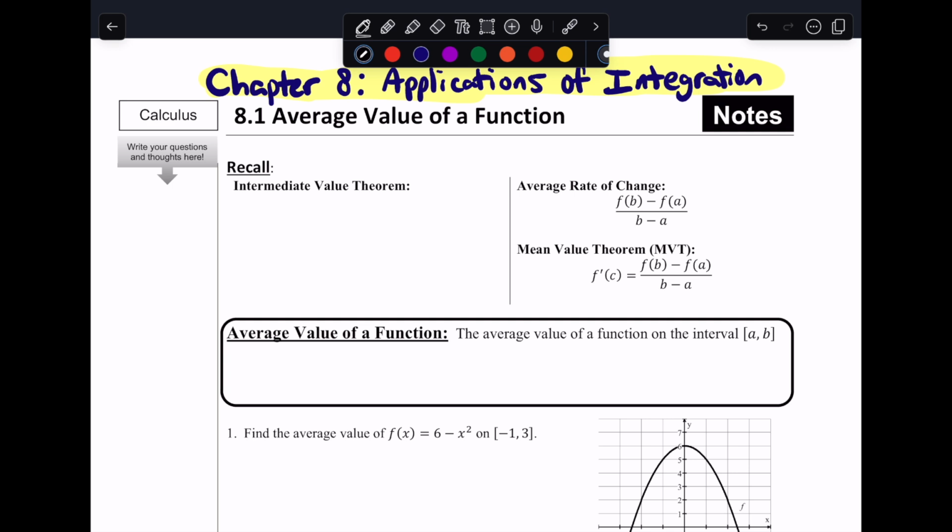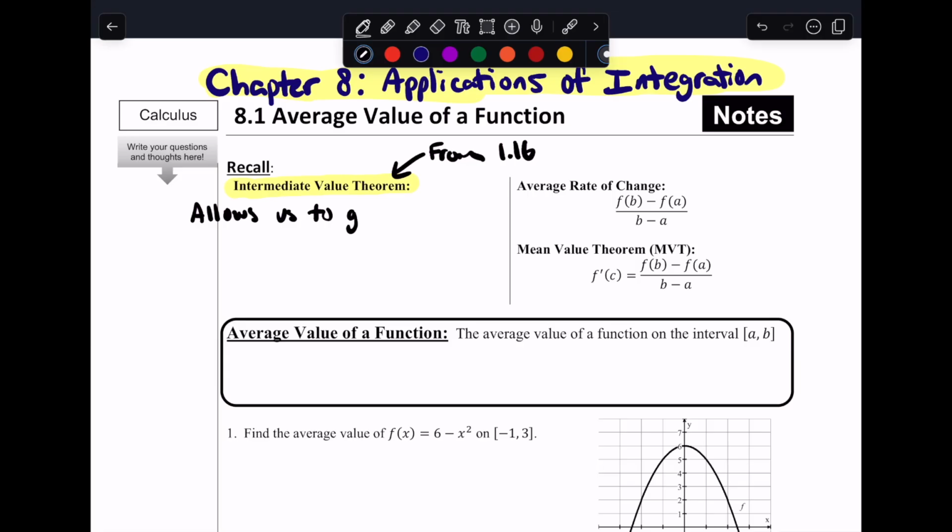We're going to start today with 8.1, Average Value of a Function. We're going to start by recalling a little bit, as we're beginning this new chapter, some things from earlier in the year. We're going to start with the intermediate value theorem, which, if you're thinking about reviewing as we get closer to the AP exam, comes from back in section 1.16. And in general, if we think about the intermediate value theorem, we know that it allows us